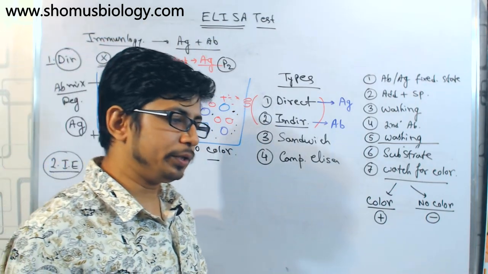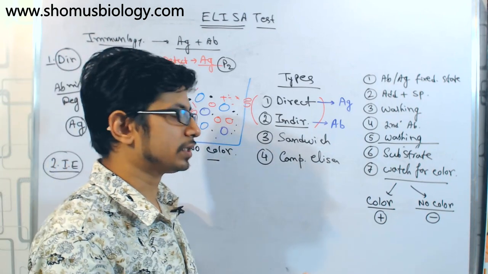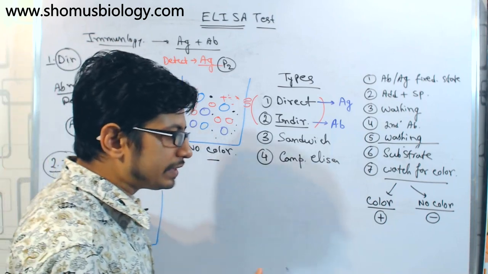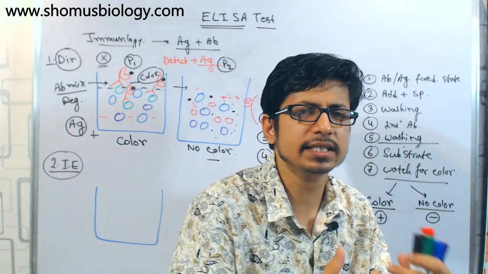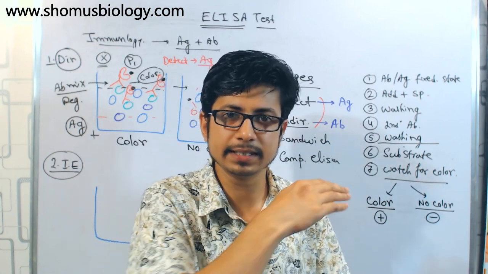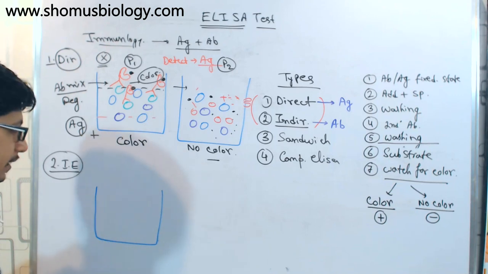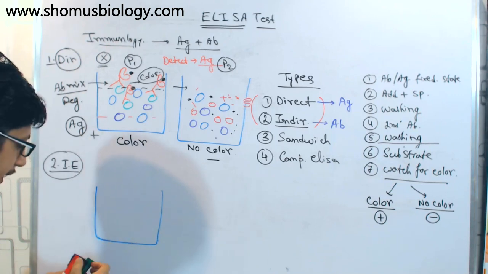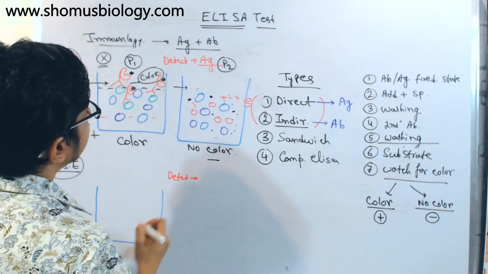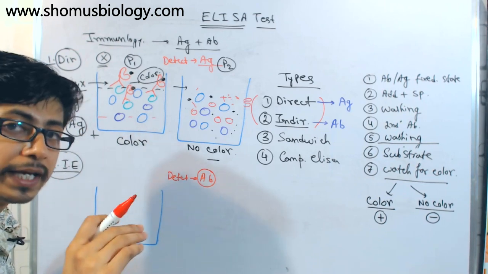So for example, you just recovered from COVID-19 disease, from the SARS-CoV-2 infection, and you want to detect the presence of the specific IgG antibody against that virus in your blood, then this test is used: indirect ELISA. How is it used? In the case of indirect ELISA, again, what we are detecting is very important. We are detecting antibody. We are trying to find out the specific antibody.